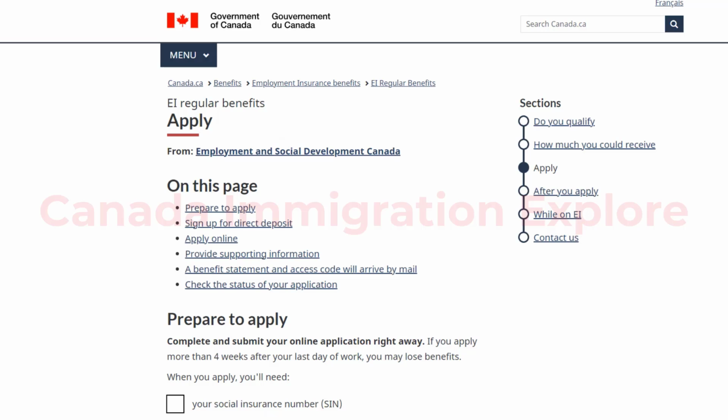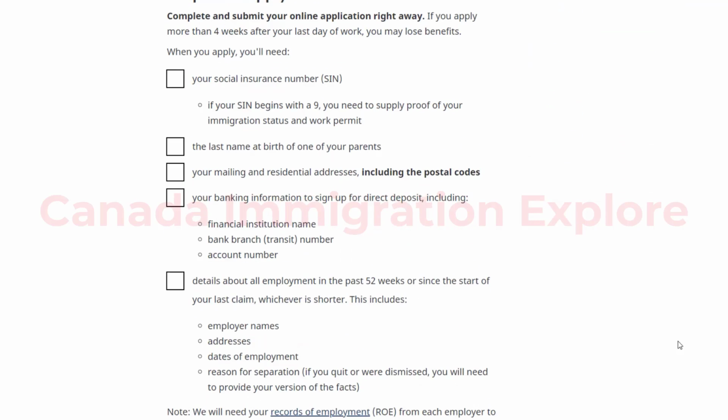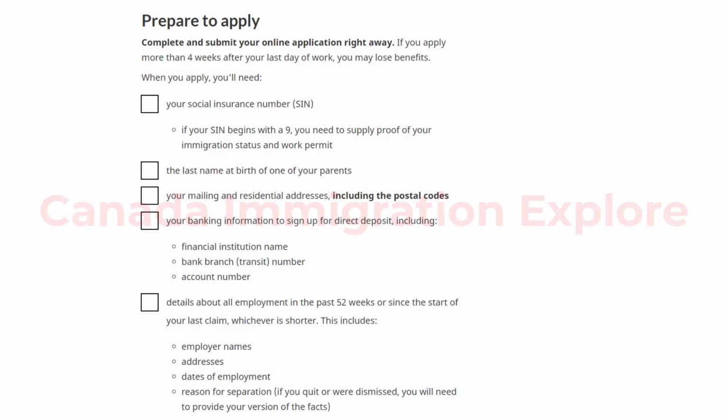After clicking, you see this page, and before applying for employment insurance you have to make sure you have all the following documents ready. If you apply more than 4 weeks after your last day of work, you may lose benefits when you apply. You'll need your social insurance number, SIN. If your SIN begins with a 9, you need to supply proof of your immigration status and work permit,